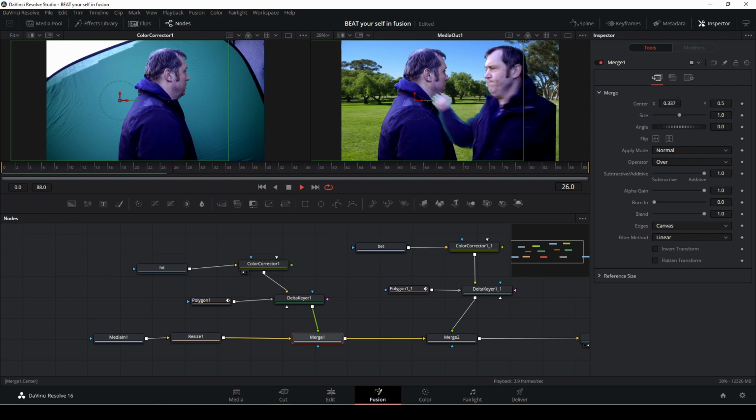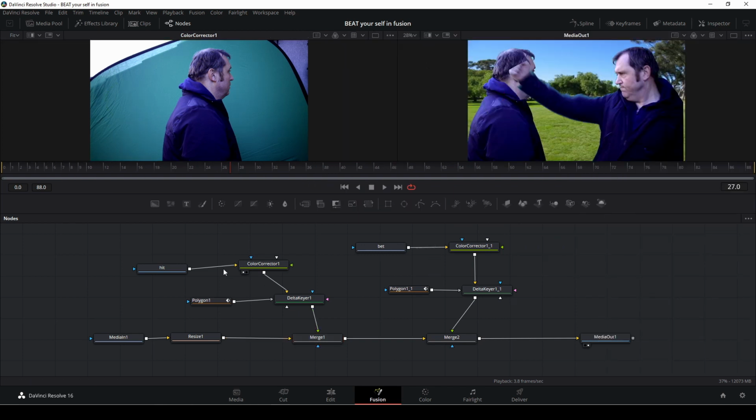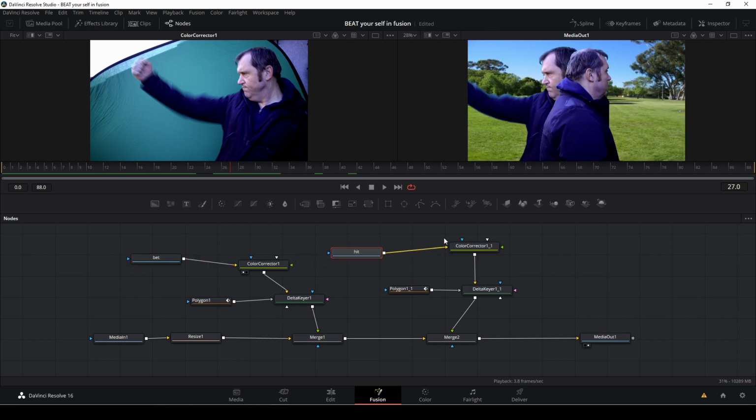And of course, we see that there's slightly a problem here. Of course, again, using Fusion, that is pretty easy to change. First off, I am going to move me as a person here, but that's not the real issue. So the real issue is actually that I put the versions of me in the wrong place. But again, using Fusion, it's pretty easy, as you see, to correct that and just change things around pretty fast,